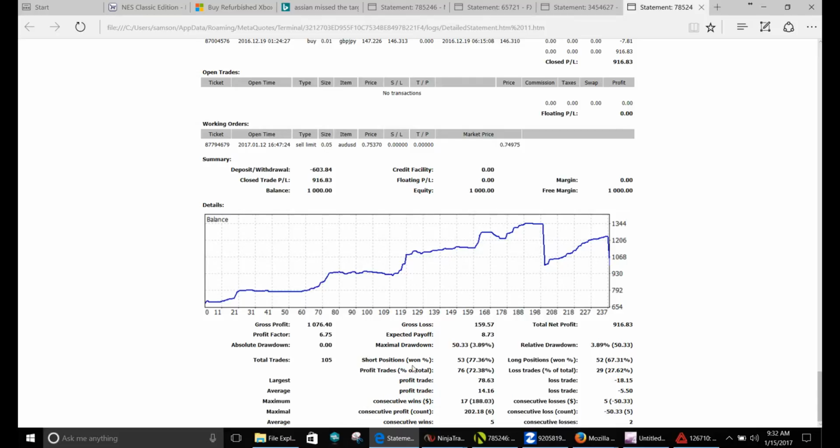Okay, so short trades as a percentage: we took 53 short trades and we won 77% of those short trades. Long positions, 52 long positions, we won 67% of those. So the total profit trades, we had 76 total profit trades with a 72.38% win percentage and 29 losing trades at